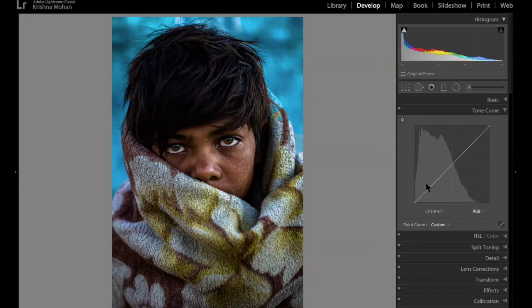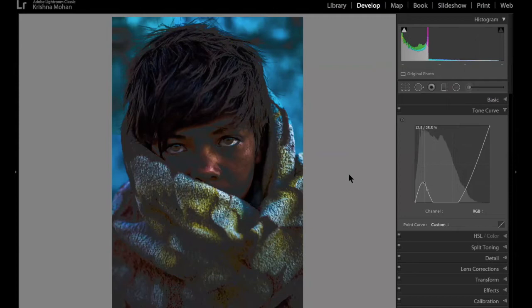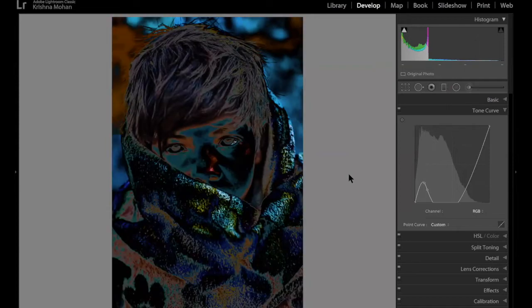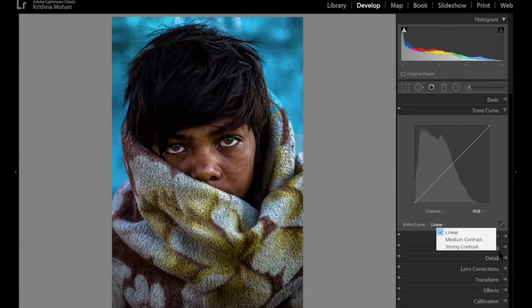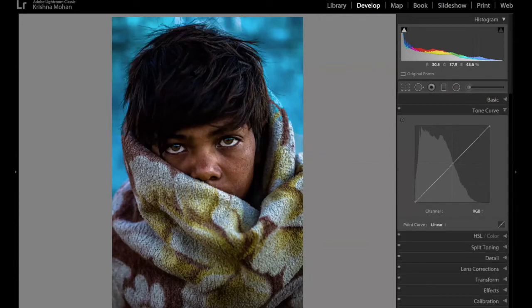And if I am not careful, the picture will become like this. That's why Lightroom doesn't show you this particular curve right at the beginning. So I can adjust this particular curve by going back and telling it that it should be a linear curve. Now what I can do is, let's say I want to just brighten up this area. So I take a pointer and put it on that particular point. See the trick.